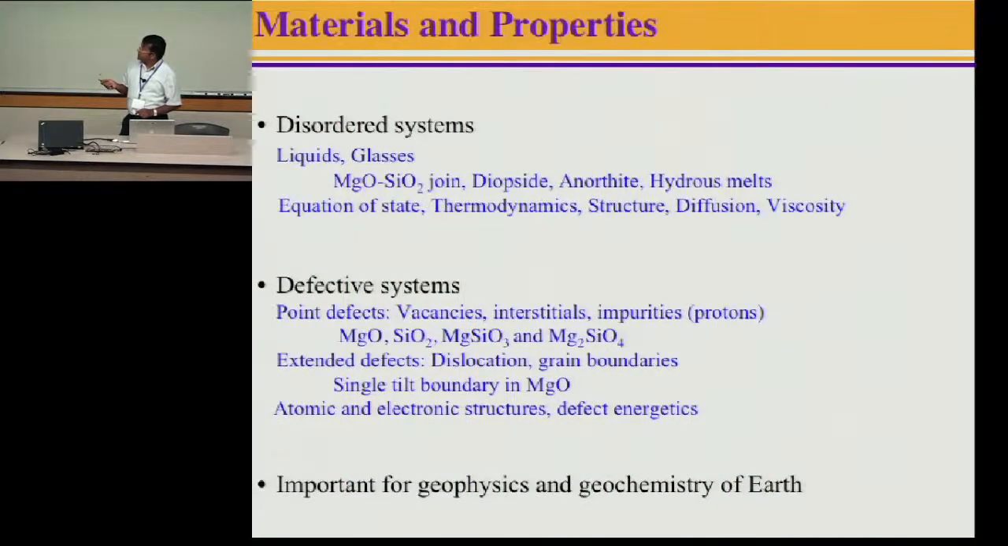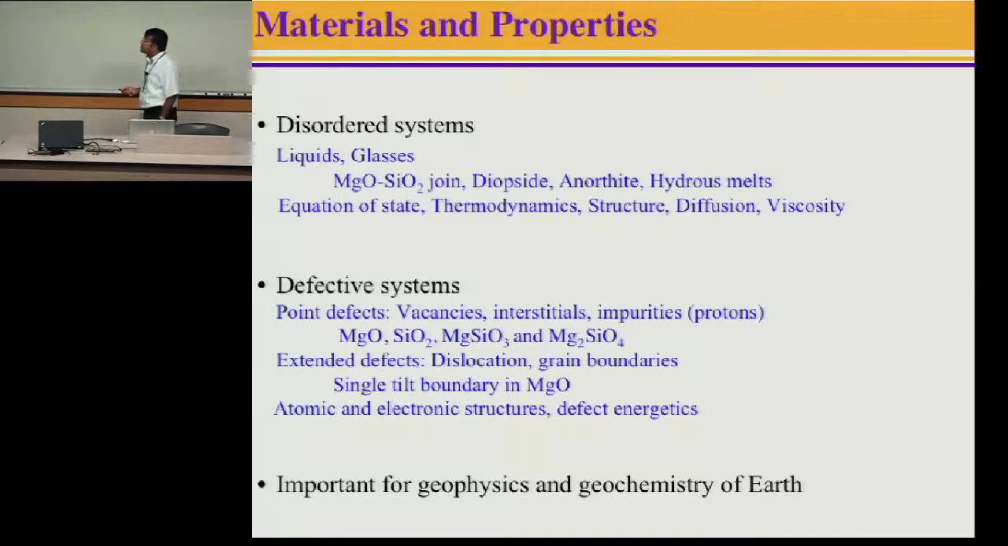So for me, these disorder and defective systems are these. Of course, there are others. Disorders, so liquids and gases. We have studied quite a lot of liquids. For example, we have covered the MgO-SiO2 joint and also simulated diopside, anorthite, and some hydrous metals, hydrous silica and hydrous silicate. We are particularly looking at equation of state, thermodynamics, structural properties, and dynamical properties like diffusion coefficient